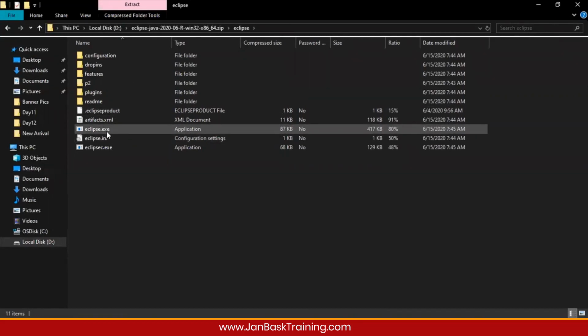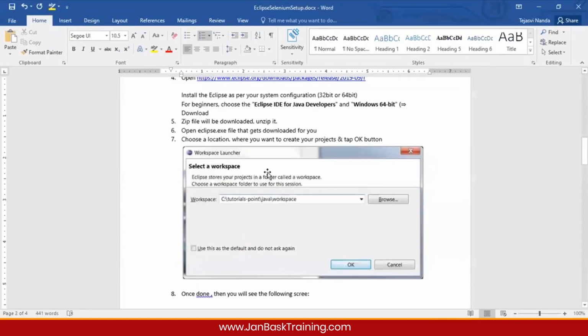Okay. So we'll open this file, and as soon as we open this file, we'll see a pop-up. It will ask you to define a workspace location. So what workspace means is, where do we want to store all the code that we are writing onto our system? So we have some workspaces. So we have some folders, right? So you could give any location over here, whatever you want. That location will be defined over here.